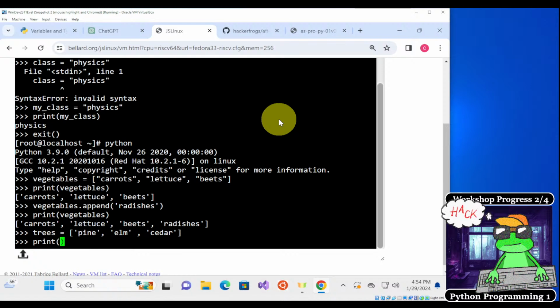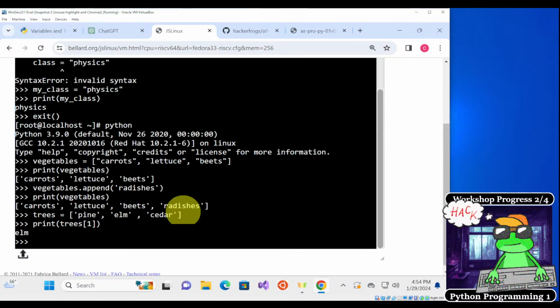If we're counting from 0, elm is the number 1 item on the list. So this is number 0, this is number 1, this is number 2. So if we print trees with the square brackets with 1, then we get elm.